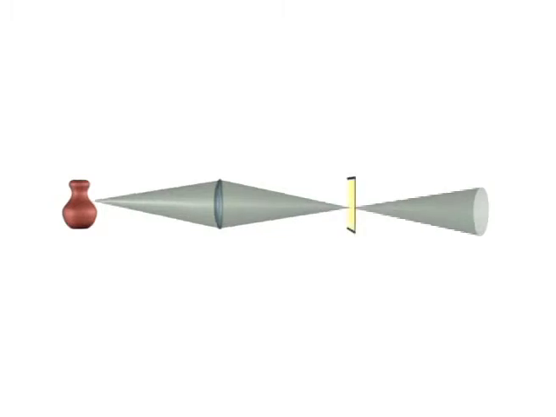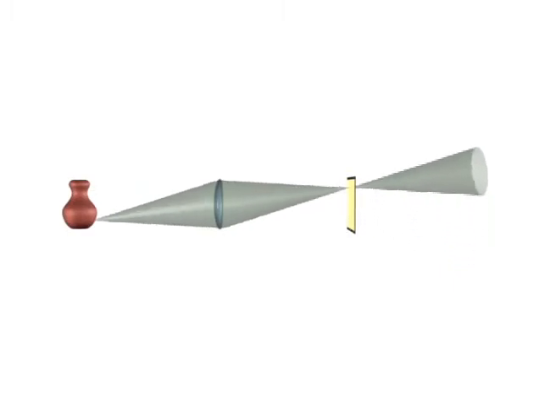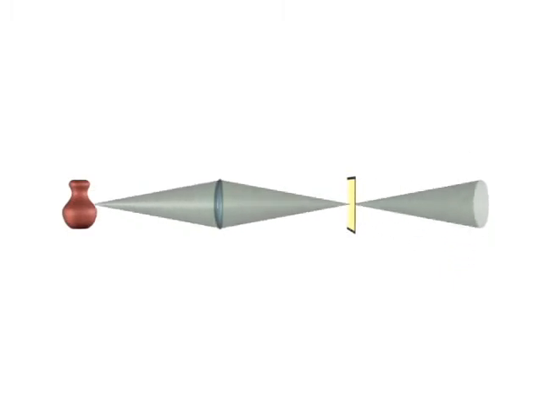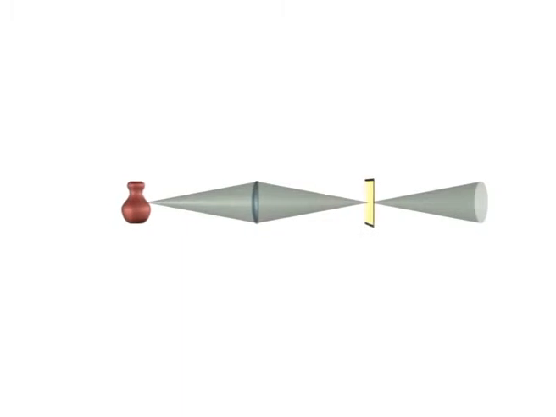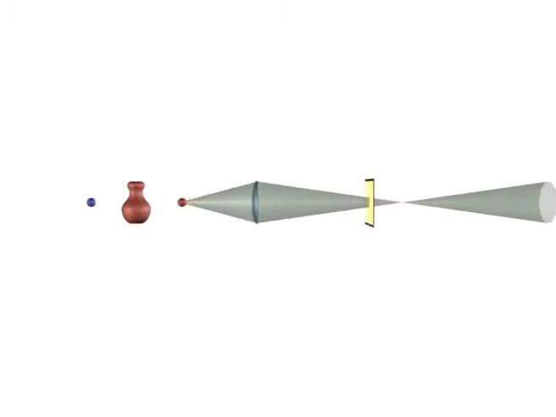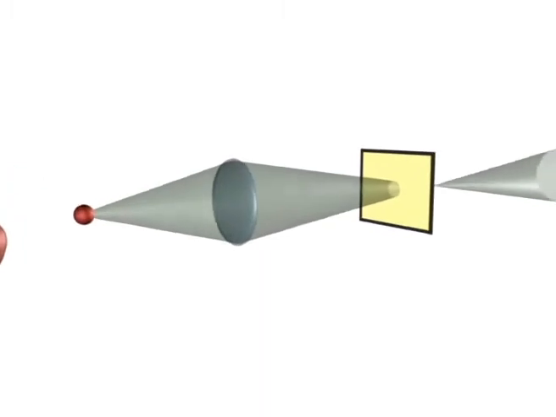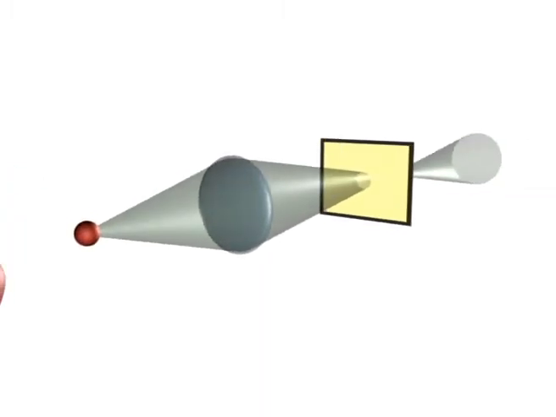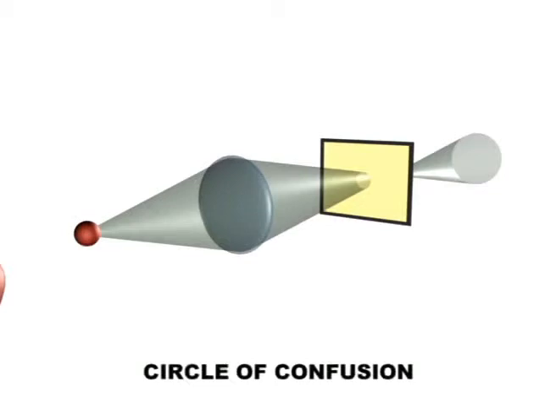Any point on the surface of the vase now contributes to a sharp upside-down image on the film, so the vase is in focus. But for light coming from in front of the vase, the cone shape is offset, and the light rays don't converge exactly on the film plane, but somewhere behind. When the cone intersects the film plane, the light rays are scattered instead of focused. This is called the circle of confusion because there's no telling where the light rays will land, except that it will be somewhere within this circle.